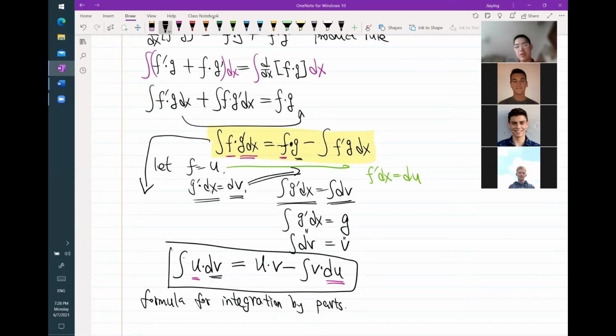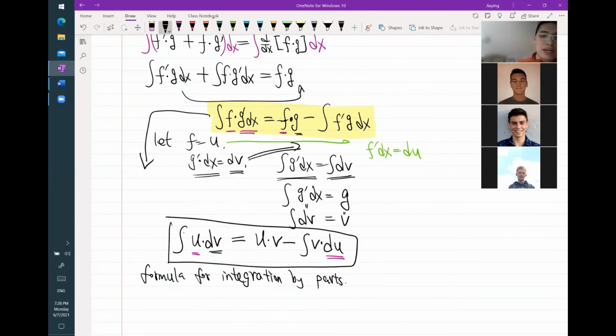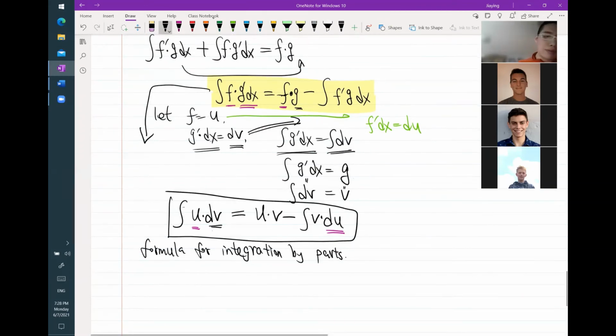And then the next step is I'm going to use a couple of examples to show you how to actually use this formula. Now, this formula is useful because sometimes when you integrate a product, you cannot use u-substitution, you cannot integrate directly. What you can do is try to use this approach. Maybe that will help. For example, if I want to integrate x cosine x,